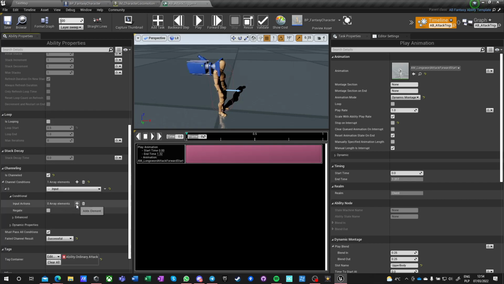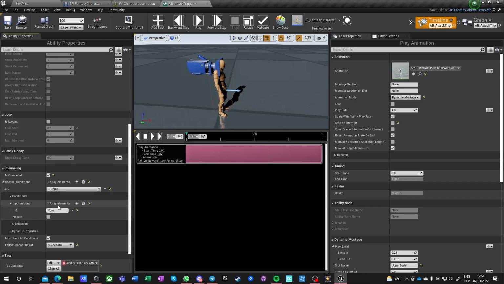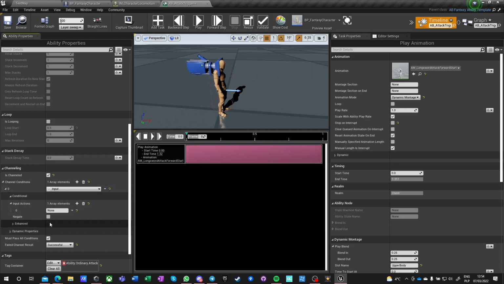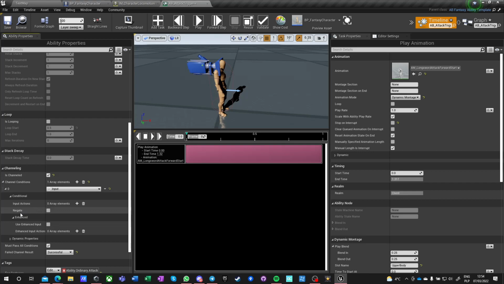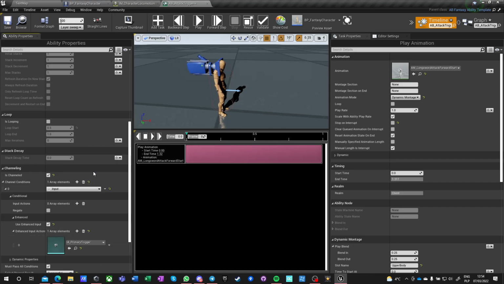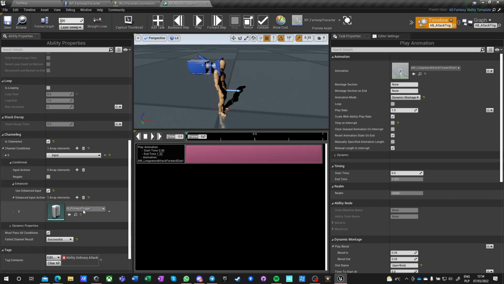The condition is input action, and now how do we use, oh, enhanced, it's here. Okay, use enhanced input action is just primary trigger,